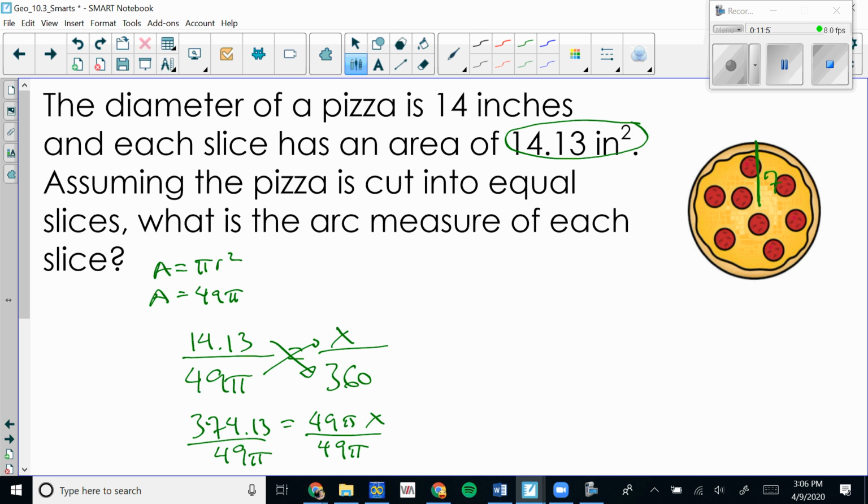When you do that, put the 49 pi in parentheses. Otherwise, it's going to think you're taking 374.13 divided by 49 times pi, which is not what we're doing. We're dividing all by 49 times pi. So put the 49 pi in parentheses. Hit enter, and that's